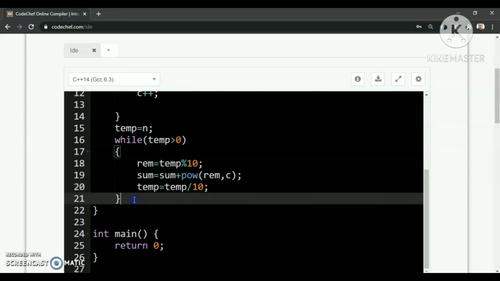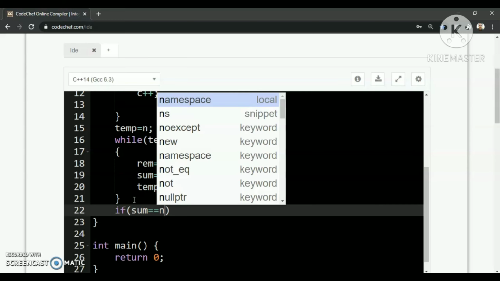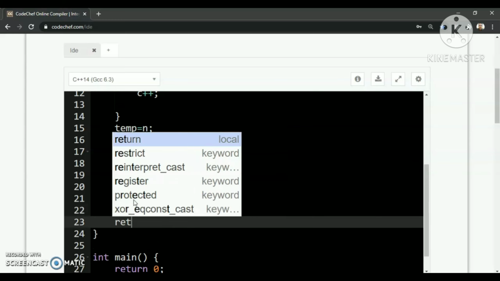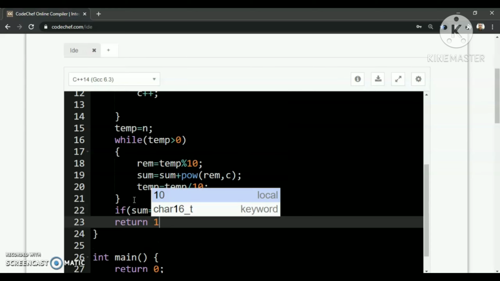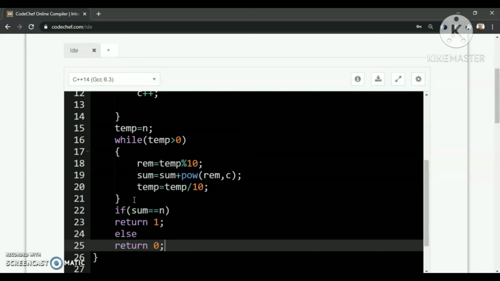So now the sum value will be stored in the sum variable. Now we need to check if sum double equal to n, we are going to return 1, else we are going to return 0.